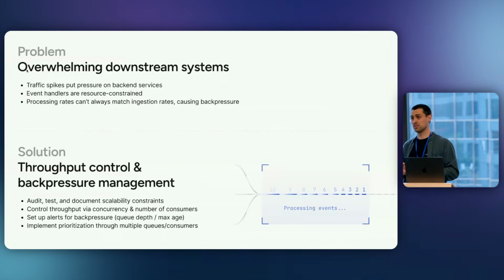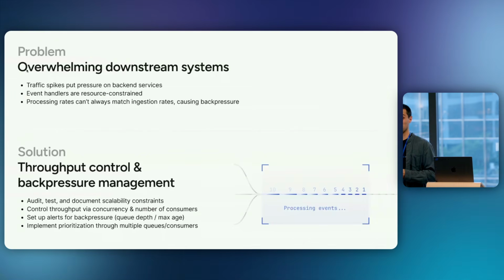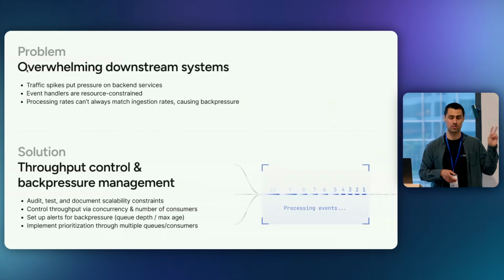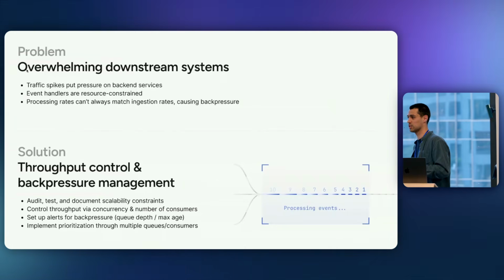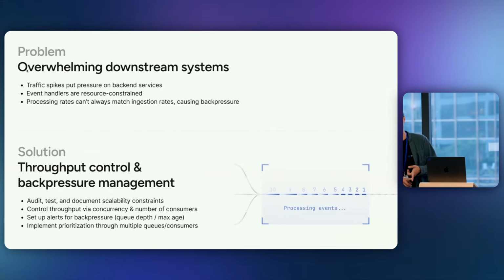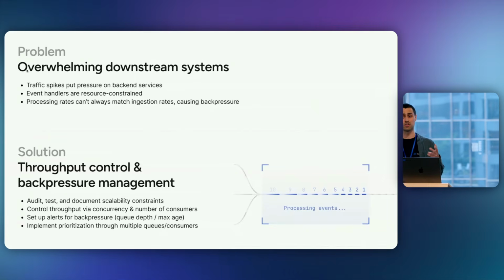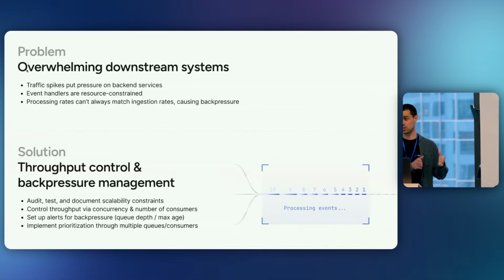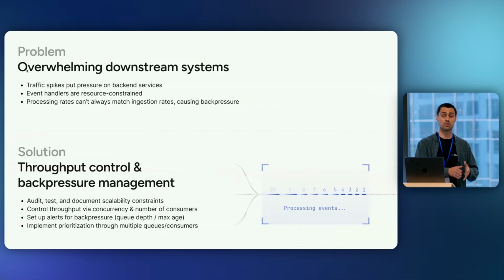And the last part is you want to instrument that queue. You want to know when there's back pressure. And so there are usually two metrics that you're looking for in your SQS world or GCP world or whatever, and those are queue depth and max age. So you want to set up alert triggers whenever the messages in the queue are there for longer than a certain amount of time, or there's more than a certain amount of messages in there, right?